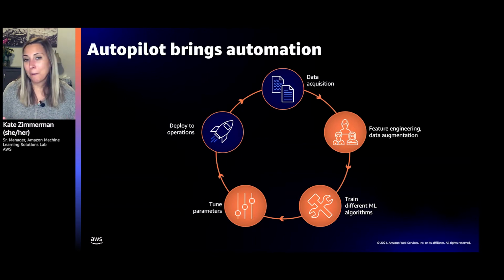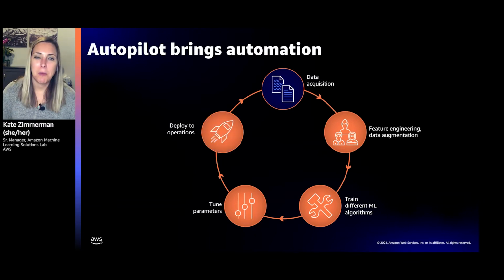Once all these steps are completed under Autopilot, under the hood, which by the way is hundreds of short little training jobs, and I'll show you guys in the demo just how much work this is, it goes forth and deploys the model. Now this part, there's a check, right? It doesn't automatically deploy it. You'll review statistics, and if you like it, you can just click a button to deploy it. Once it deploys, it takes the top performing algorithm that's been tuned, packages that into a container, and then deploys it so you can integrate that into your business applications through the SageMaker API. So you can start putting this into production and using it very quickly.